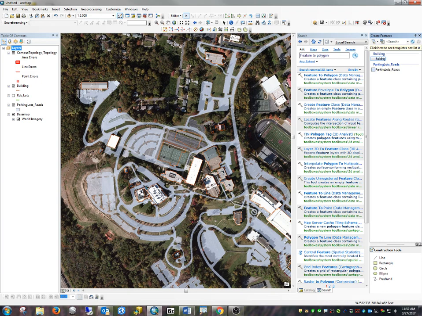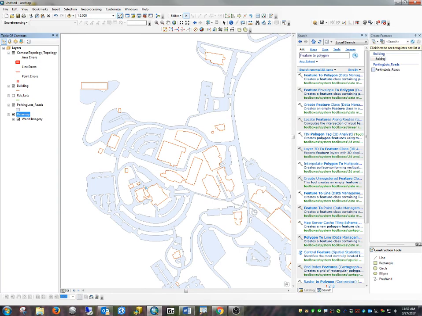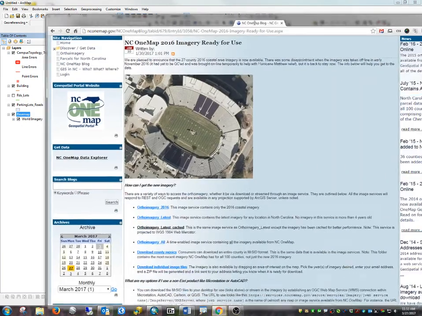Esri is continually updating their base data, but the state of North Carolina warehouses their own more current imagery. So this particular base map isn't that useful to us because we need to see these buildings. So I'm going to remove that base map, and I'm going to show you how to load the data from NC1 Map. And so if you go to